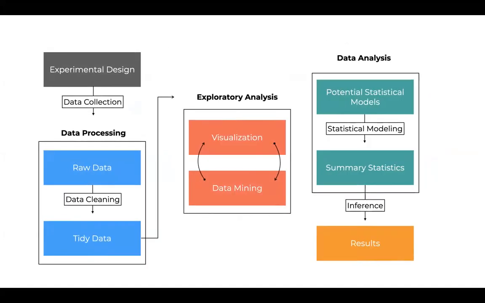Now, when we speak about the data science part of this process, we need to understand how the whole data science process works. So we need to talk about the experimental design and what factors or perhaps biases it can introduce into the data set. We talk about the process of cleaning, filtering, and preparing the data set for analysis, how to do exploratory data analysis when we use visualization and data mining to find patterns that might be informative and interesting,